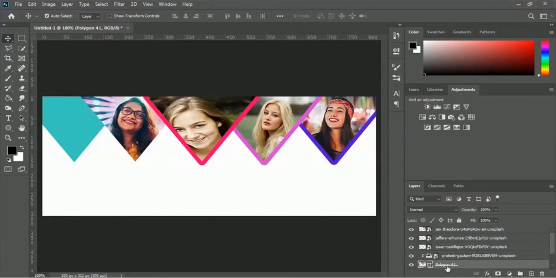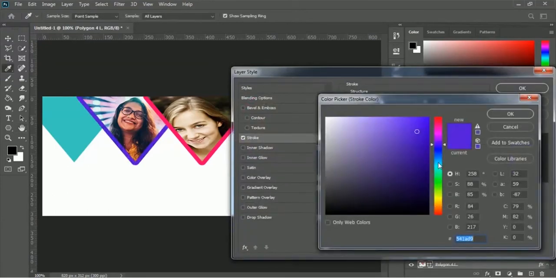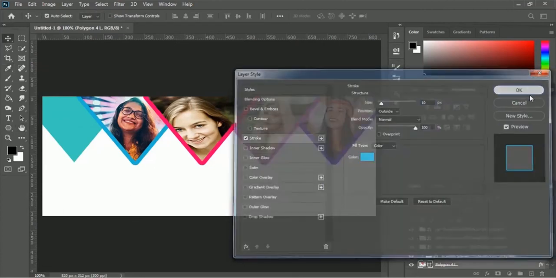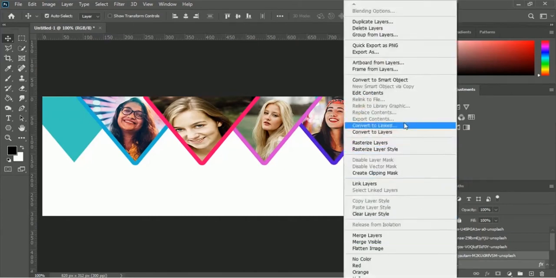And now we will select the Polygon 4, and we will add a stroke. Now we will change the color. Let me click OK. Okay, and now we have to convert this 2-layer into smart object,